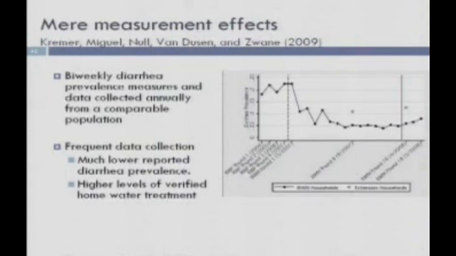That could be seasonal effects. Is there flooding? Is it the rainy season or the dry season? But what we noticed was these households that were getting less frequent monitoring, which should have been totally comparable, these were all comparison households. There were treatments going on, but these are all comparison households. They had much higher levels of reporting. So reporting went down from 20% to 5%, and if you look at the households that had less frequent monitoring, it's at the 10% level. So it looks like the very act of asking people about diarrhea is changing their reported diarrhea.